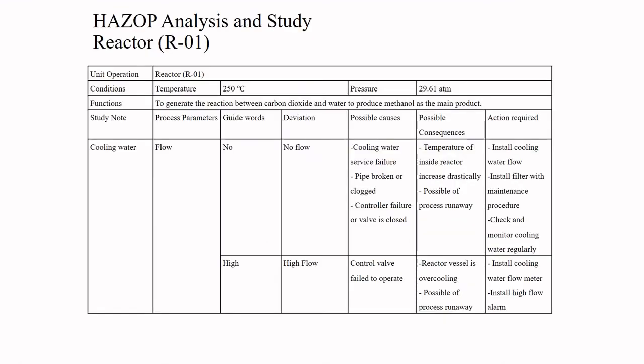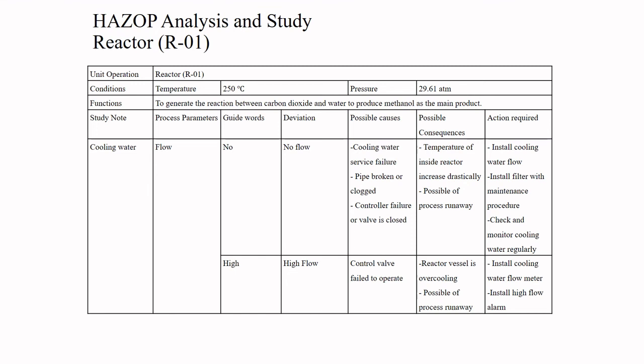Okay, now we go to the SF analysis and study. In this SF analysis, we conduct analysis based on the components we use, which are reactors, distillation column, flash drums, and other unit operations. For example, in the reactor we can take the example of cooling water, and for our cooling water the parameter is